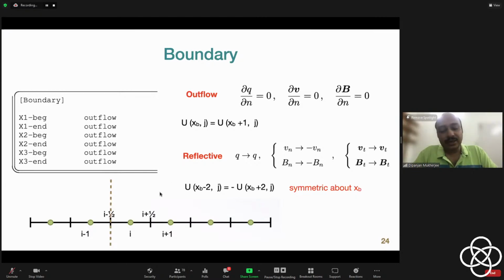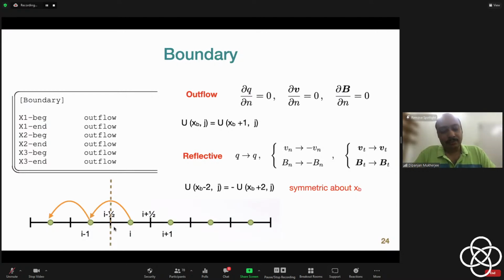And why is zero gradient an outflow? Zero gradient means we just copy the value of this cell into the boundary. So if you copy this here, the gradient between this is 0. But essentially what you're doing is letting this element that is reaching the end just pass out of the boundary. And that is why it is notionally called outflow, but mathematically it is a zero gradient boundary